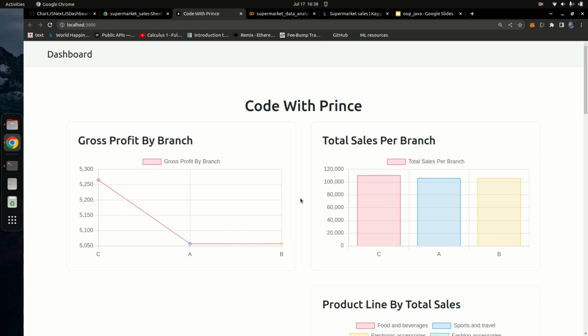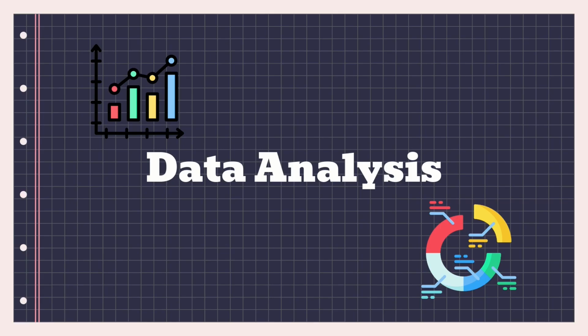So we'll be learning a bit of data analysis, covering things like statistics, how to find the mean of data, the mode of data, all of that. Okay, so it's a lot. This data analysis is a huge field, and Python is the most used language when it comes to the field of data analysis. So we're going to be covering data analysis as well.